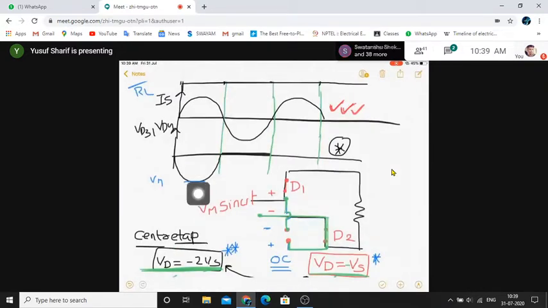When I talk about the positive half, D3 and D4 will not be conducting. And whenever you are asked to draw the voltage across the diode, that means that diode should not be conducting. Only then will you get voltage across it. So when I'm drawing it in the positive half, which diode will it be for? This will be for diodes D3 and D4, because D3 and D4 will not be conducting in the positive half. So definitely these two diodes will be blocking the voltage.